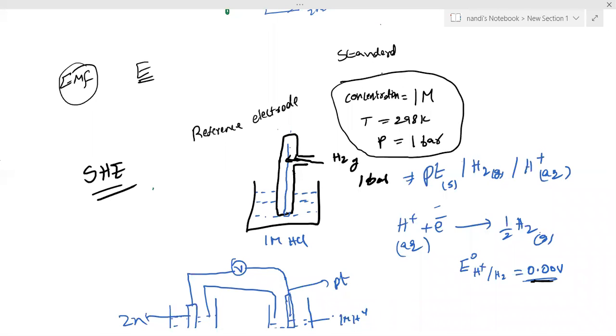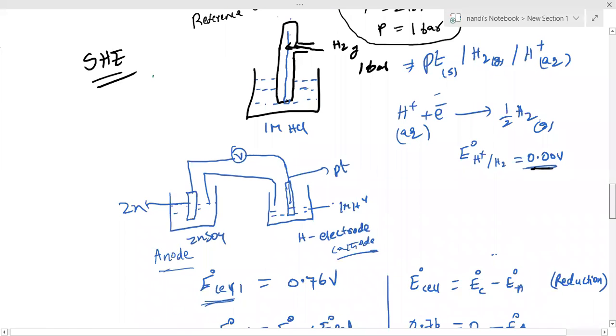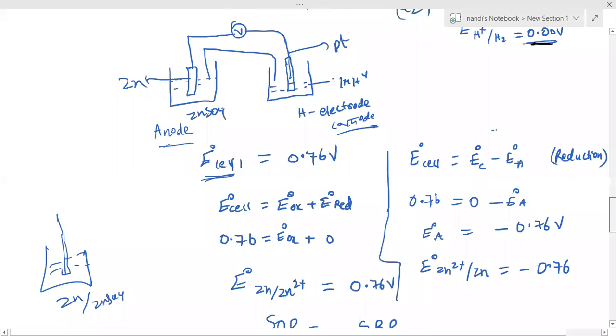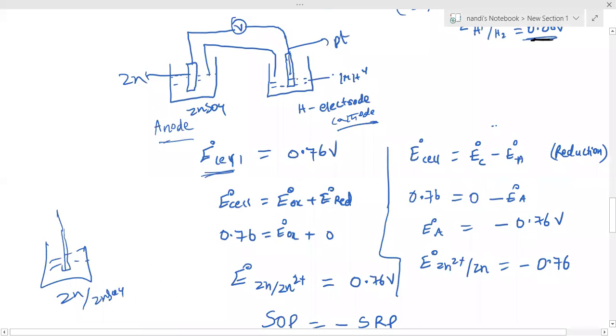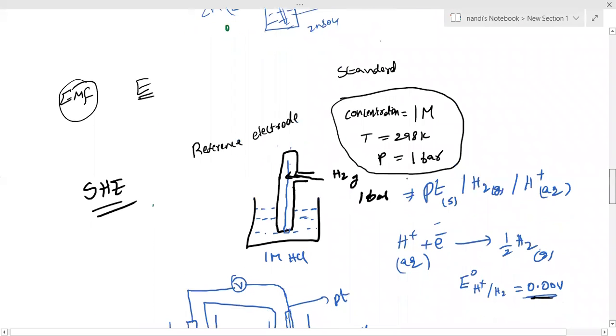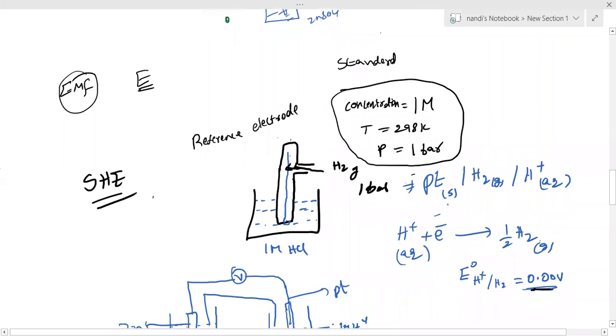I'm calculating all these values with respect to hydrogen. They have given that full table, taking hydrogen as the reference electrode, and then calculating. One example we can see with respect to that. So I'm taking here a zinc and hydrogen electrode, sir. Note down the representation of the hydrogen electrode. You can see the bracket; this is the hydrogen electrode representation.